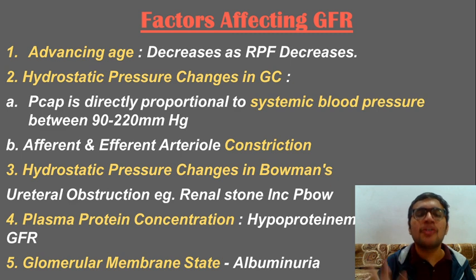And at the last, glomerular membrane state will play a very important role, because if it is ruptured or any abnormality is there, which we will see in pathology, there are many diseases which affect the integrity of the glomerular membrane. If any abnormality occurs, then it can lead to protein loss, which is known as albuminuria. And then you will see various manifestations, nephritic, nephrotic, need not go into that now. Okay, so this is all in all.